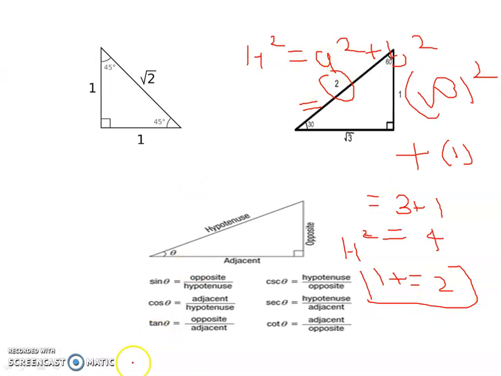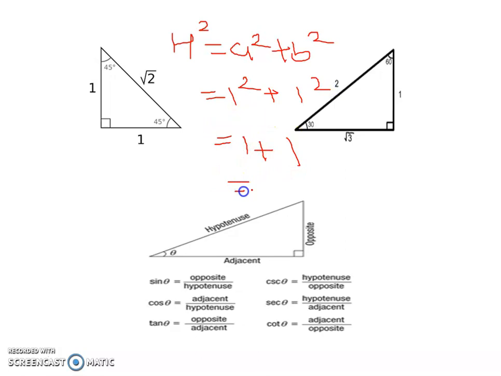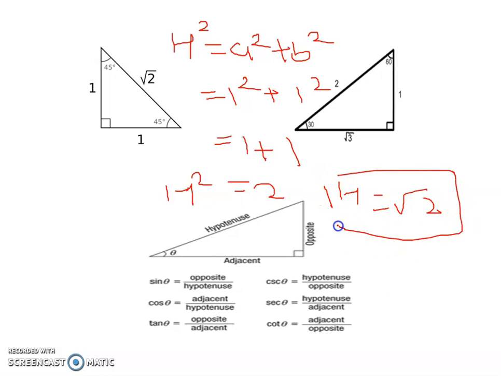In this diagram, we have to establish the same thing. I erase the first thing. We know that h square is equal to a square plus b square. What is a square here? It is 1. What is b square? 1. 1 plus 1 is 2. So h square is 2. Taking the square root of both sides, h is equal to root 2. So in this diagram, the hypotenuse is root 2, and here it is 2.